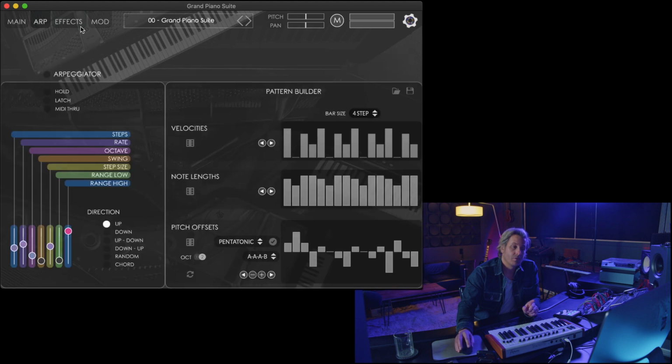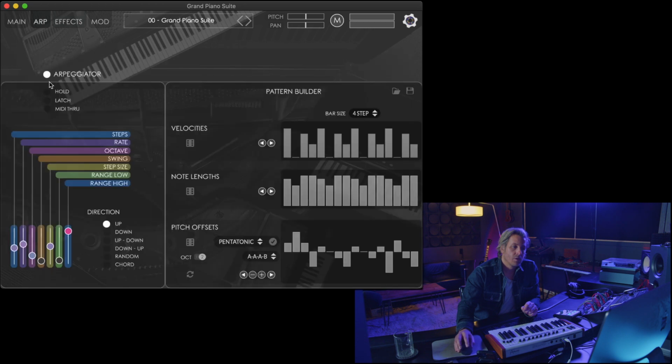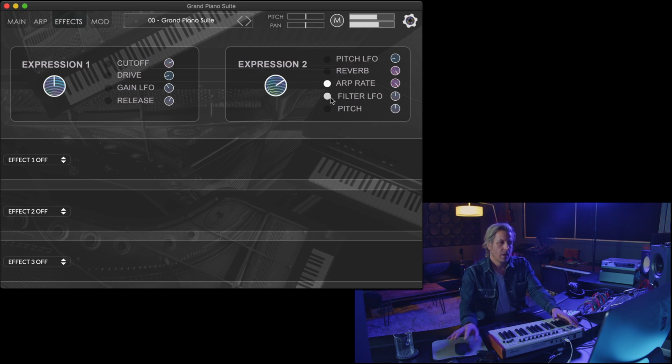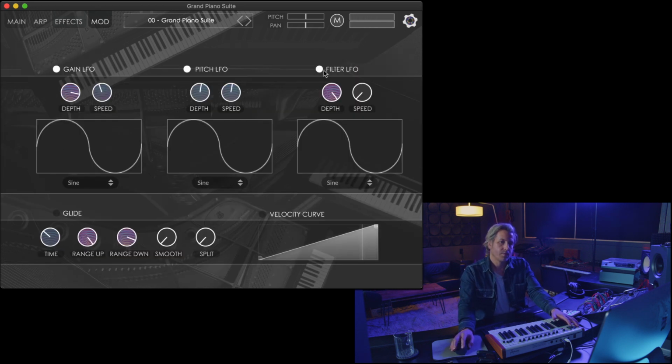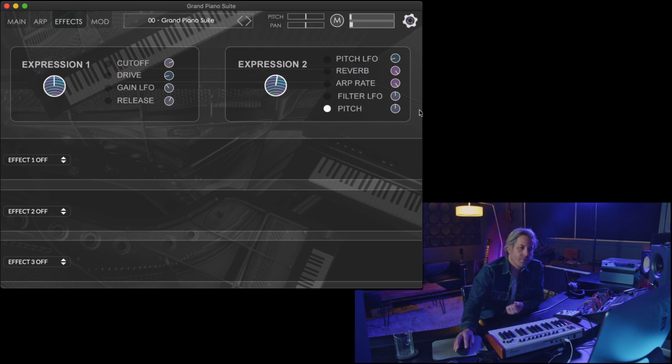ARP is currently off, you see on the ARP tab, but when I turn ARP rate on here, it also engages this ARP button. It's going to speed up and slow down that ARP, which is really cool. And you have effect over the filter LFO as well. And that turned on that one as well. And then obviously pitch changes the pitch of the entire instrument. Again, I would leave that at 50% so that you don't end up offsetting the pitch of your whole instrument